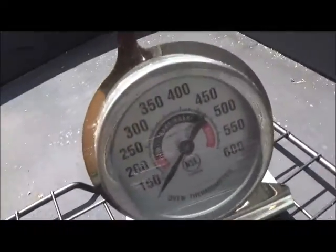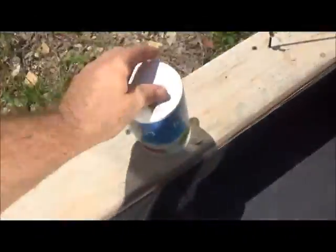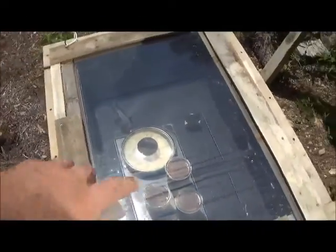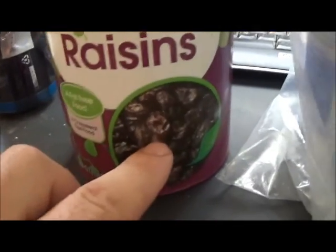So having it open like this has really killed the temperature, but it should build back up pretty quick. There's another 2 hours of good sunlight, so that's plenty of time to finish that stuff. Sun-dried raisins, looking good,